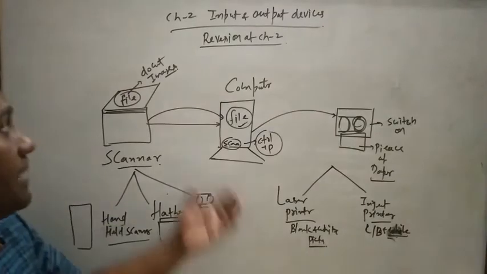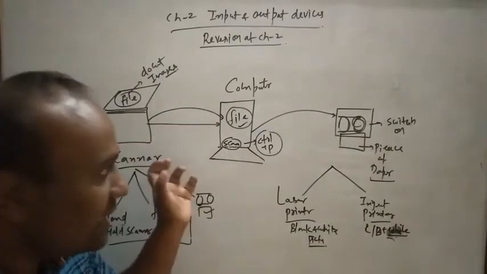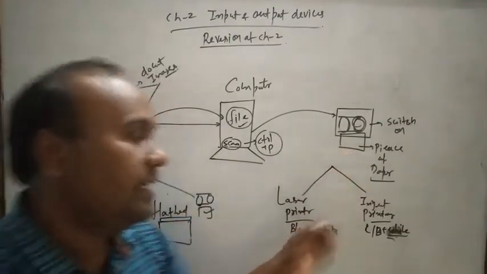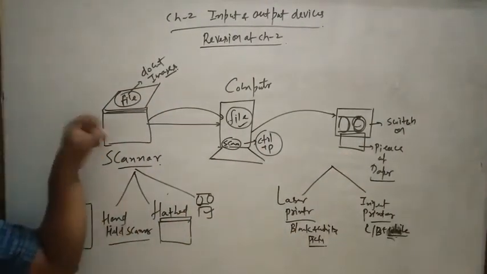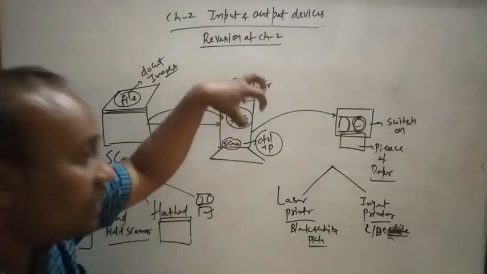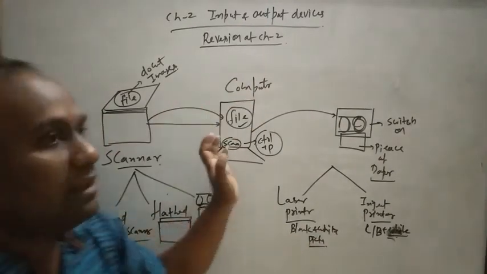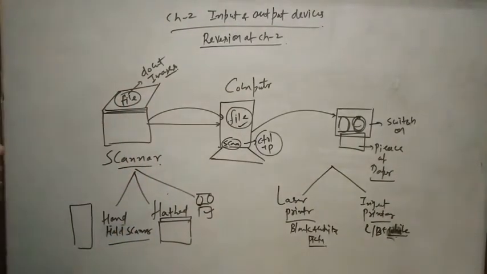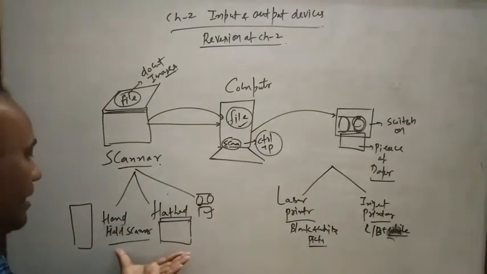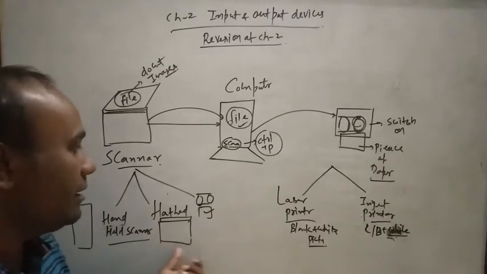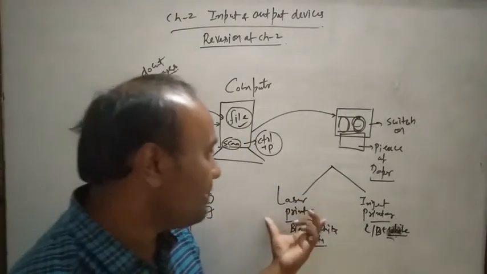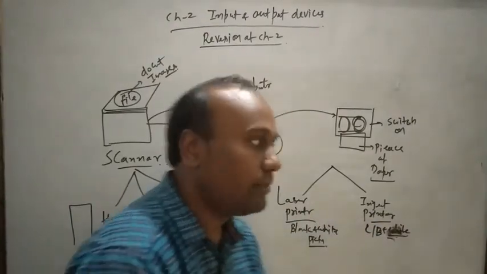I think the topic is clear. Basically, what is the scanner and what is the printer. Scanner is the input device and printer is the output device. With the help of the scanner we can keep the digital image in the computer, and whatever digital image is stored in the computer we can directly print with the help of the printer. These are some examples of input scanner devices: handheld scanner, flatbed scanner, drum scanner. And normally we use two types of printer in daily purposes, laser printer and inkjet printer. Okay, thank you.